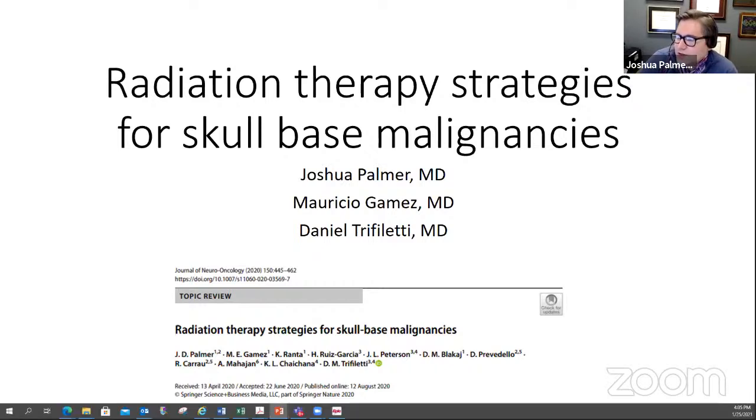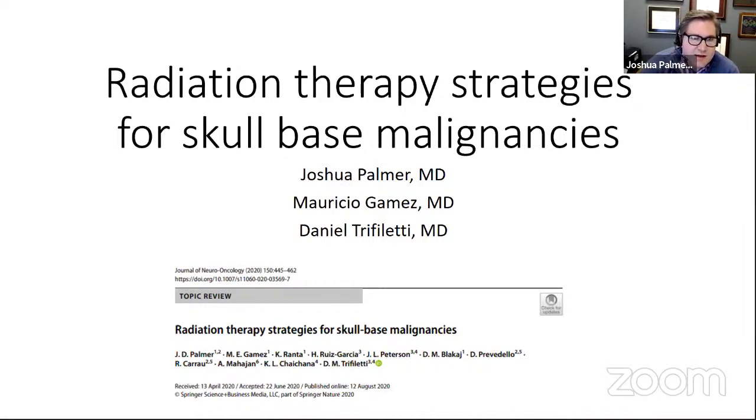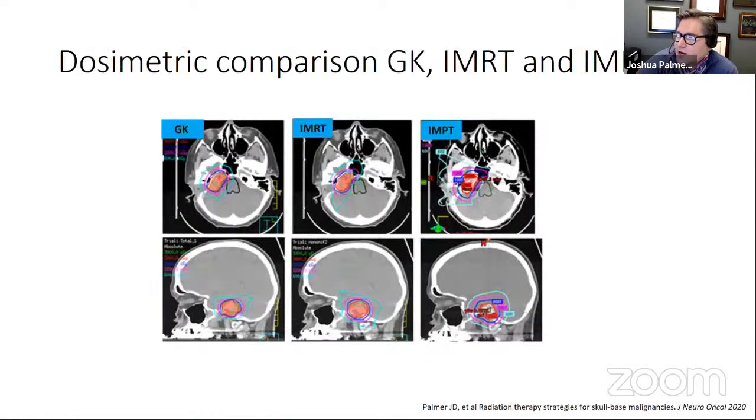We're going to go over some of the radiation therapy strategies that we use for skull-based malignancies, an invited review through the JNO. Most of what I want to cover, mostly in a discussion format, is how do we choose the different techniques? What are the ramifications of different radiation techniques? In the paper, we go through the different types of tumor histologies in different locations of the skull base and how we would choose between gamma knife,